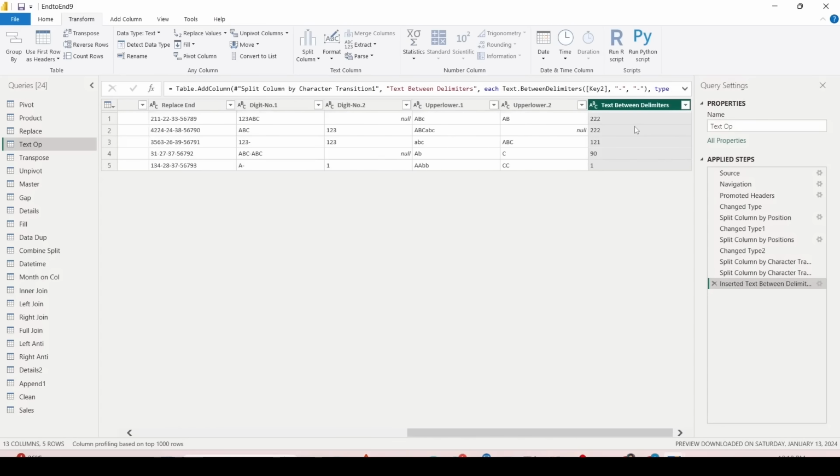Now let me click on OK. It would be added as a new column, and then you can look at the formula. So this formula, text between delimiter, has been used with hyphen and hyphen. Based on the example, it tries to do that operation, and based on that operation, you will now get